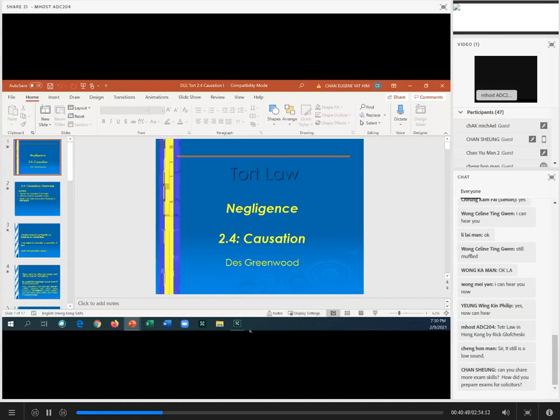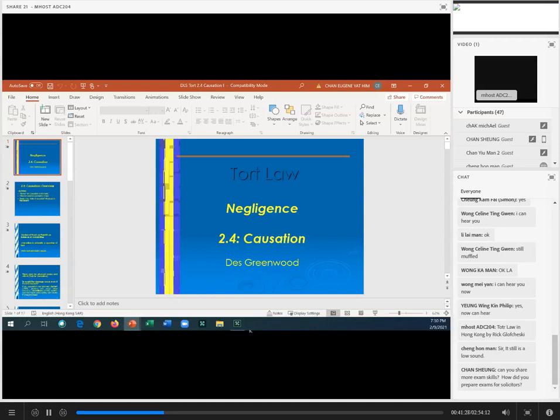One is the so-called but-for test, and we'll look at what the but-for test is. And the must-know case on the but-for test will be a case called Barnett. Barnett's going to be must-know. The facts are very simple, and it's a good illustration of what we mean by the but-for test. There must be some physical cause and effect. That's what we mean by but-for causation. Or another way of saying the same thing, would the damage have occurred even if the defendant was not in breach? Well, if that's the case, then there is no causation.